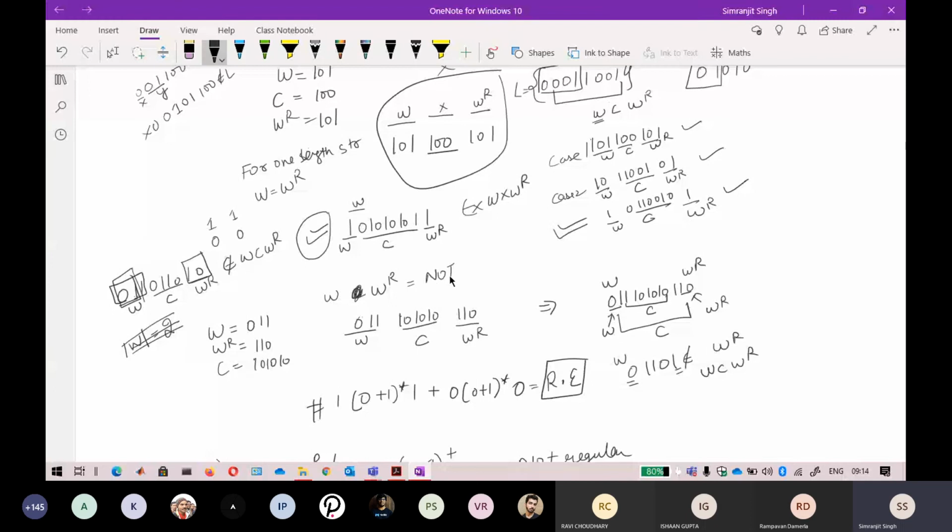That is absolutely correct. So if we put anything in the middle of WWR, that will not be a regular expression. Yeah, you can put anything, like this SWR. So if you do not define the length of this variable, then you can put anything, and that is going to be a regular language.